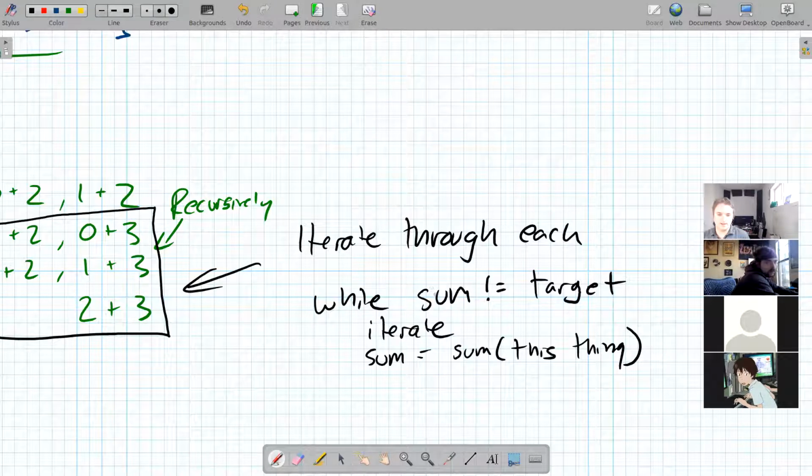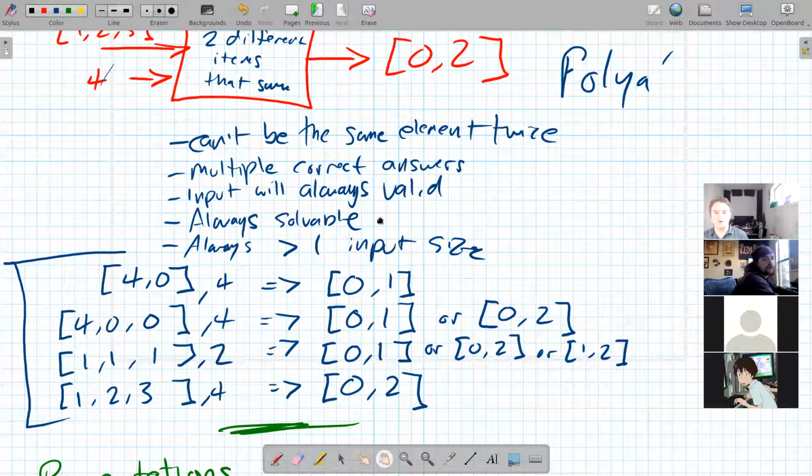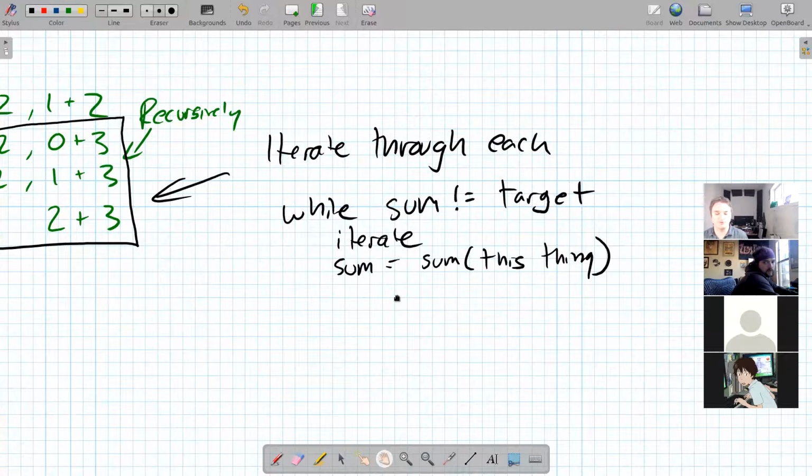And then, since we can take a couple shortcuts here, since we know that it's always going to be solvable and that the input is always going to be valid, there's a couple things that we don't need to check for anymore. And so whenever that happens, we could say, all right, if the sum equals this,